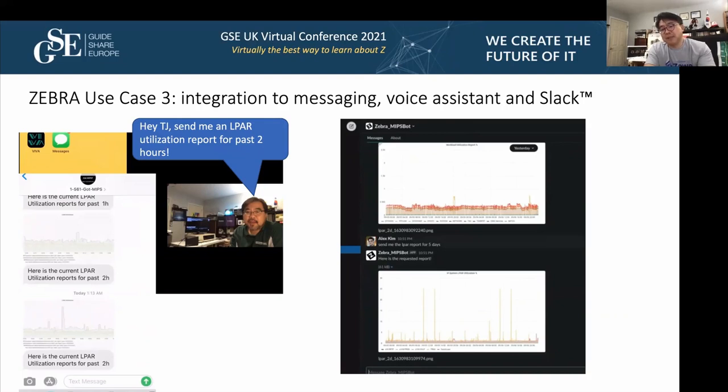You just simply, in a group chat, say to this Slack bot named Zebra bot, show us this report for past 3 hours. It will just pop it up right away. Maybe a 3 second delay, but it is a cool way to do